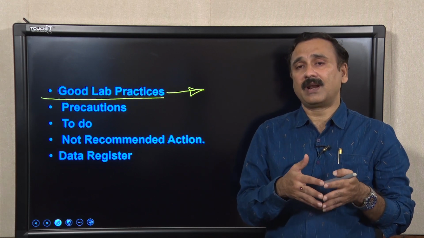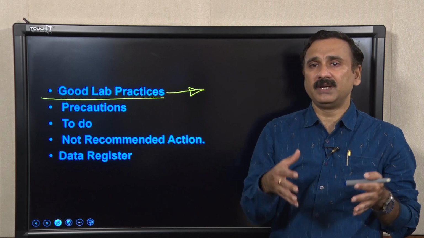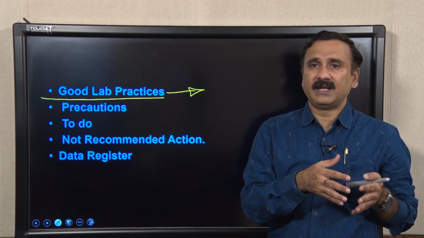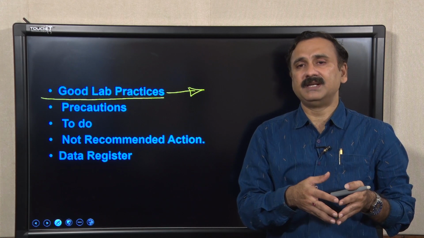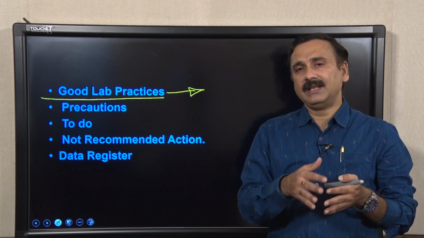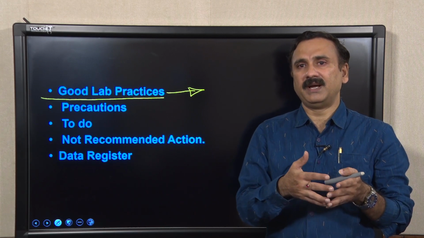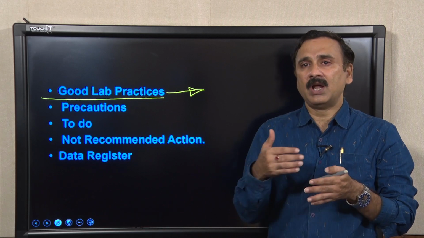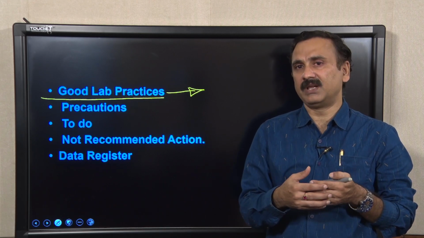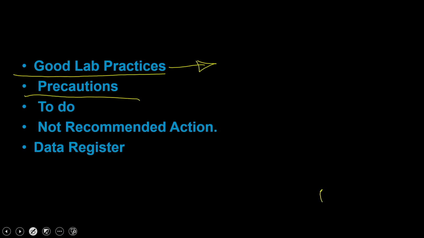And then if you are handling infectious organisms, you have to appropriately use the different types of biosafety cabinets, either the laminar hoods or the biosafety cabinets. We have also discussed in detail what the different types of biosafety levels are and how you should handle them. So, this is what we have discussed: the precautions, what you should and should not do, and what is recommended and what is not recommended.